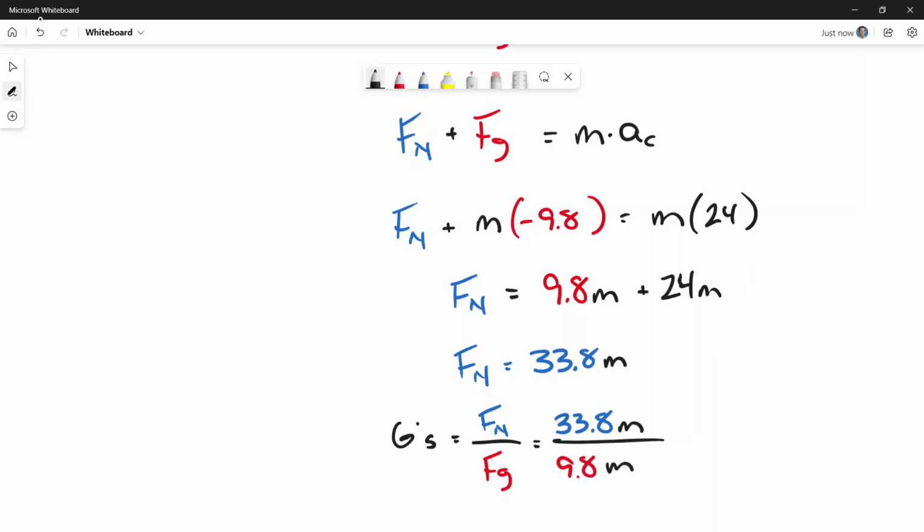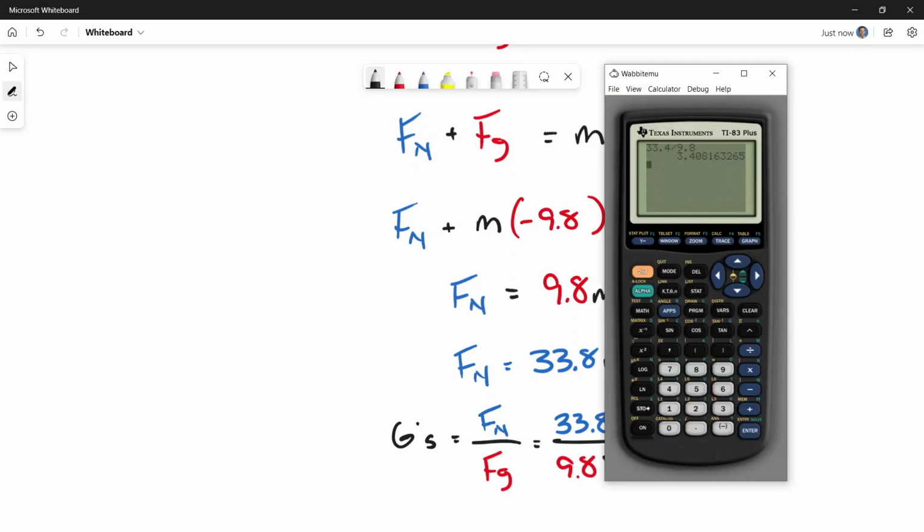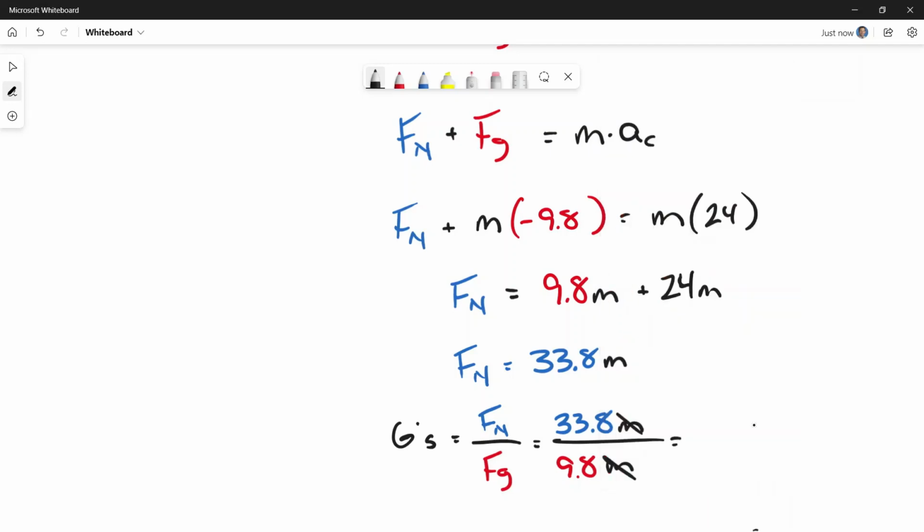And here you see that algebraically, no matter what we put in for m, it's going to cancel. And so really we get a ratio of those accelerations, right? And when I pull out my calculator and I do this math, I would have 33.8, and I would divide by 9.8, and lo and behold, hey, there it is, 3.45